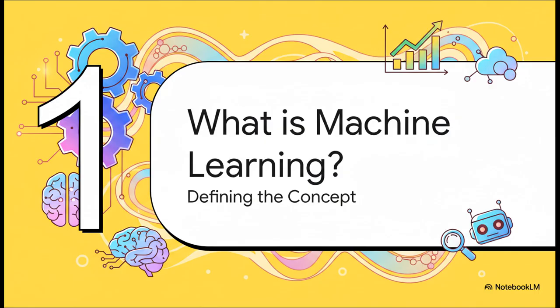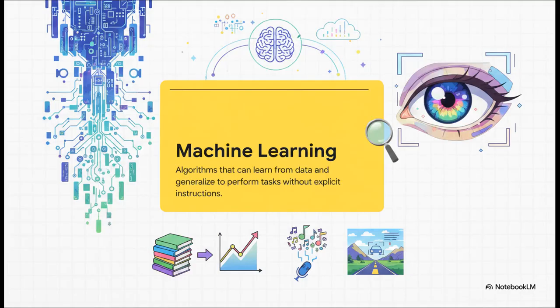Okay, so that analogy is a great way to think about it. But to really get a handle on these tools, we need to be a little more specific. So what is machine learning, really? Let's nail down the core concept we're going to be exploring. At its absolute heart, machine learning is all about this: teaching a machine to find patterns. It doesn't matter if it's in images, text, or numbers. The goal is always to learn from data you've already seen, so you can make smart predictions about brand new data you've never seen before. And that's a total game changer from traditional programming, where a person has to write every single rule by hand. Here, the machine starts to write its own.